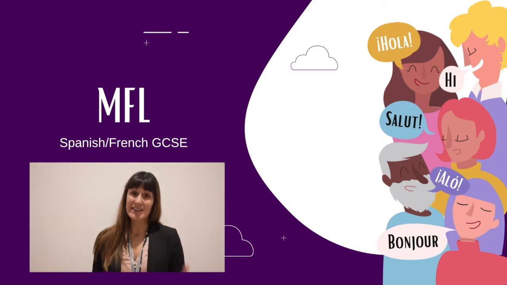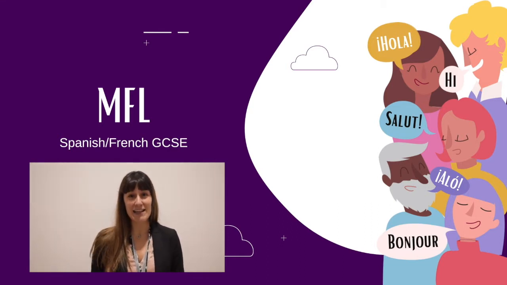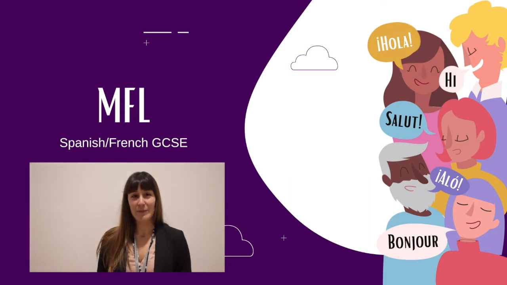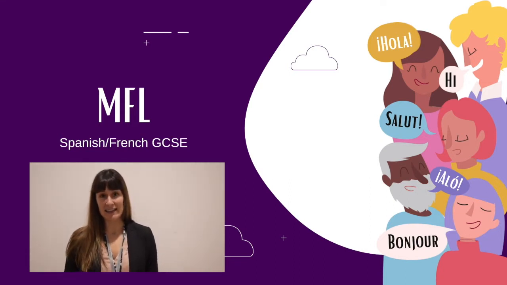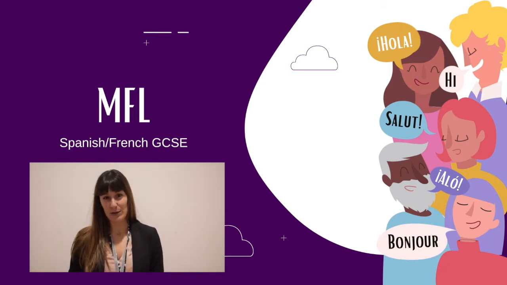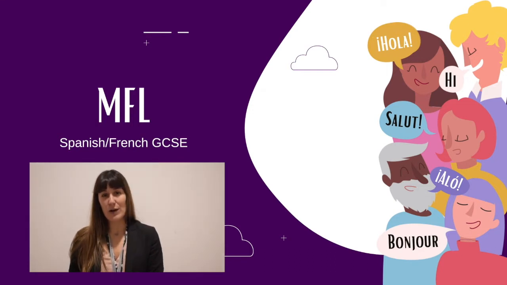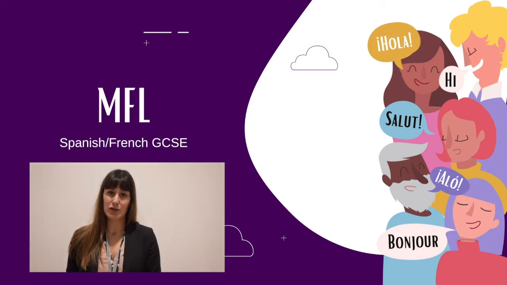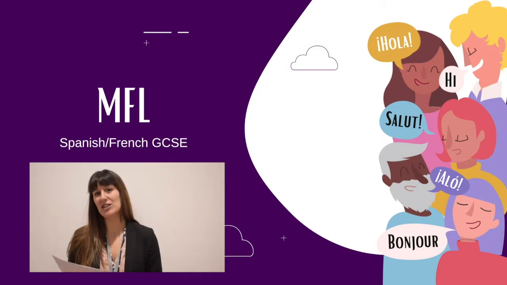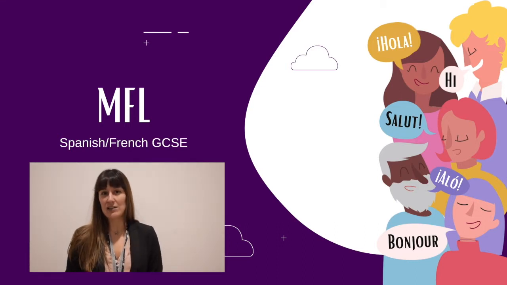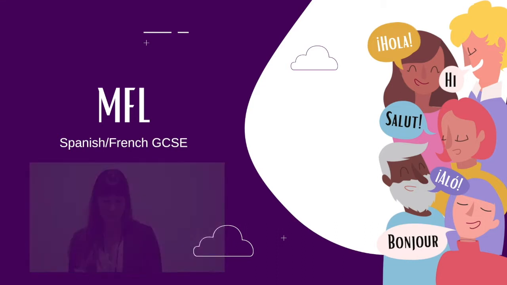So it's going to be quite similar to what you've done in Key Stage 3 already. You will all have to carry on doing the language you started in Year 7. The exam board we use is Edexcel, and everything related to the exam board is in the options booklet you received in December. And just a quick overview, it's all full examination, so there's not going to be coursework. And of course you will be doing the 4 different papers that we usually do in Key Stage 3. So it's a bit of a continuation, but quite similar to what you do already in Key Stage 3.